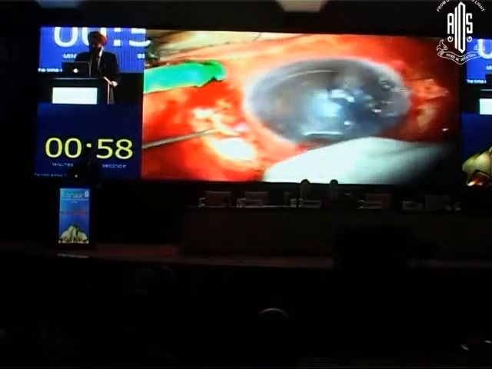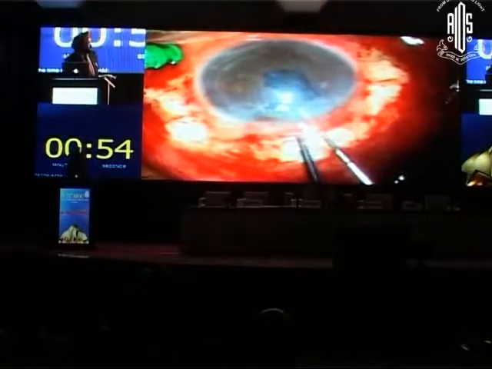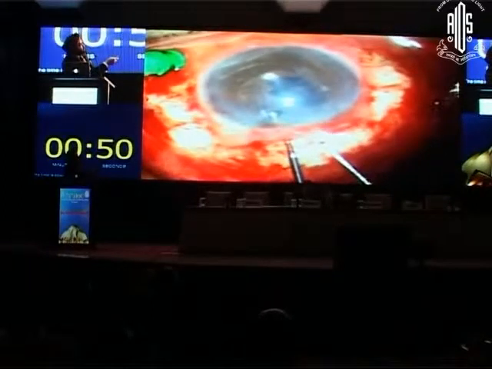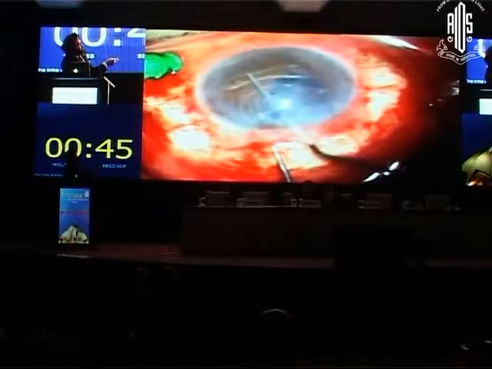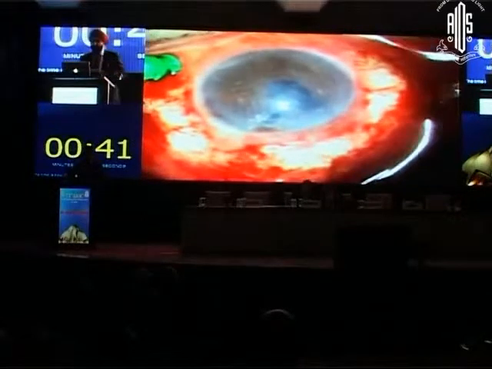We made a scleral incision because it's a large PMMA lens, and you can see that's a Kelman anterior chamber lens. You have to be gentle. You see that there are adhesions here, so you have to be gently disinserting these adhesions, and then you just withdraw out the anterior chamber Kelman's lens.